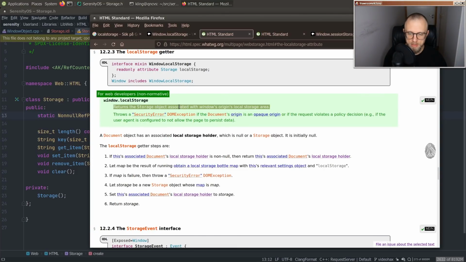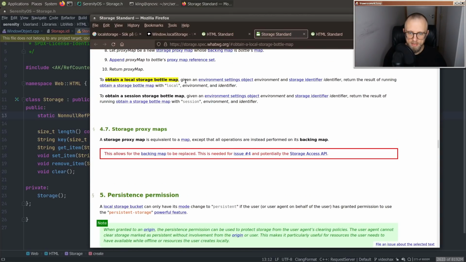Yeah, the Storage object associated with Window's origin's local storage area. Local storage bottle map. What is a bottle map? Given an environment settings object and blah, blah, blah, blah, blah. Okay, yeah, so we're still waiting for the environment settings object